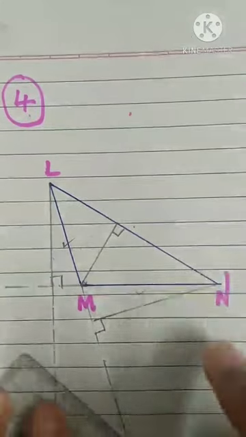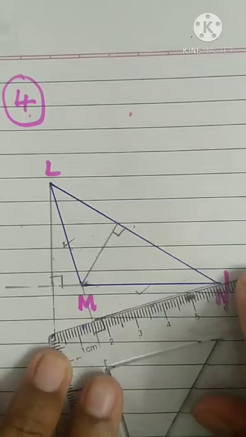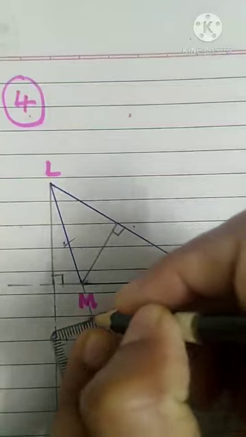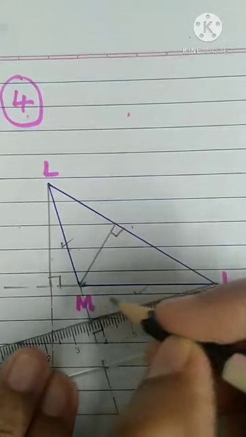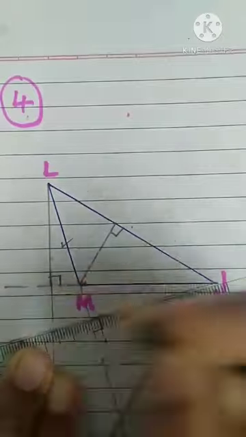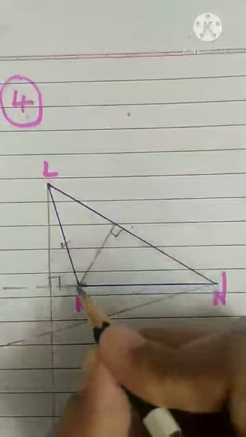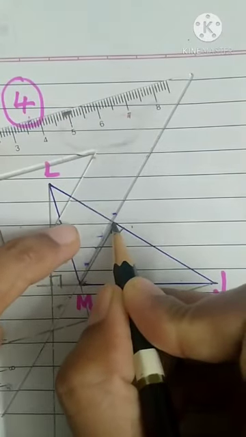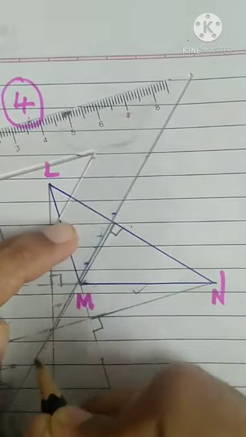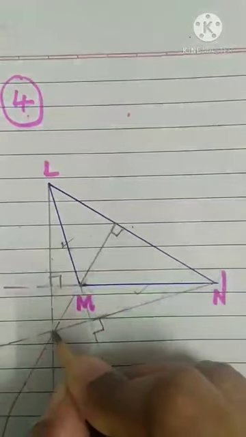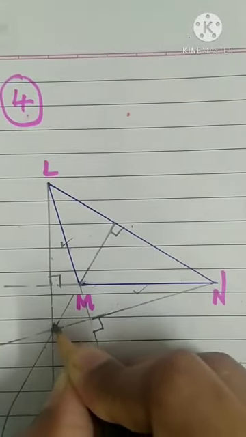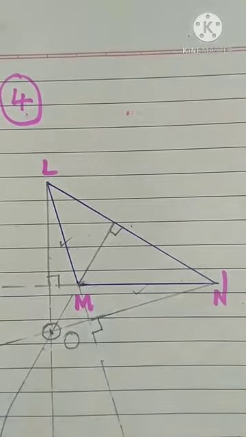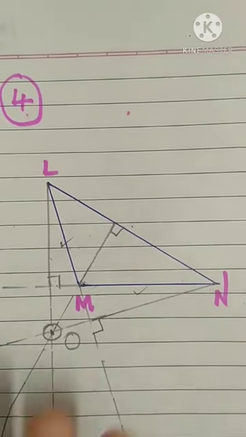Now this also, keep the scale properly on that altitude and slowly extend it, using dotted lines. Let it go a little further. Now the third one, this also keep it. This is our altitude. Extend it. What did you see? All three altitudes are meeting now at a single point. This point is our orthocenter.